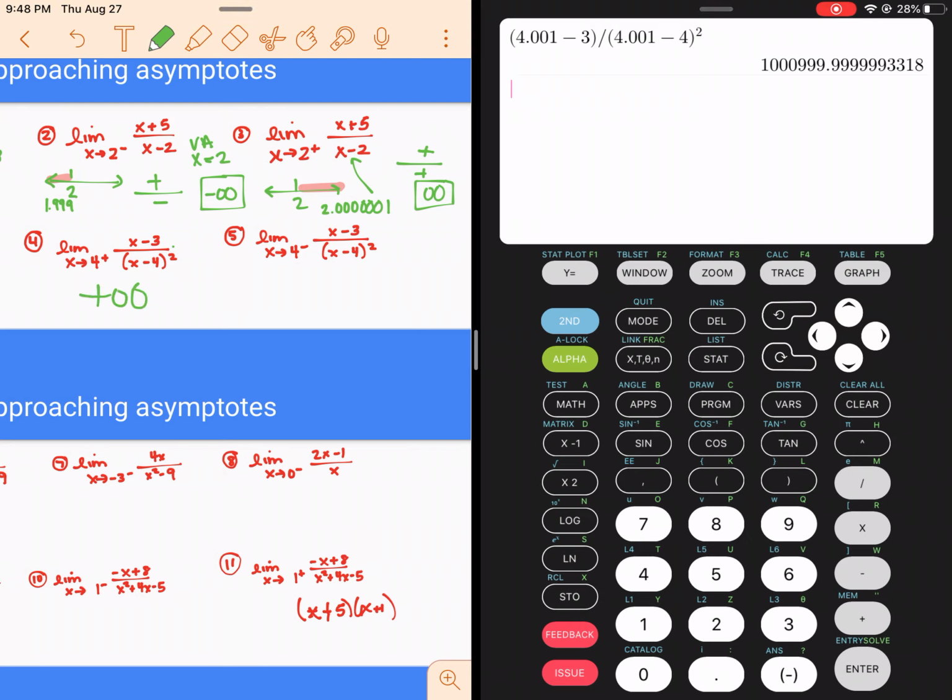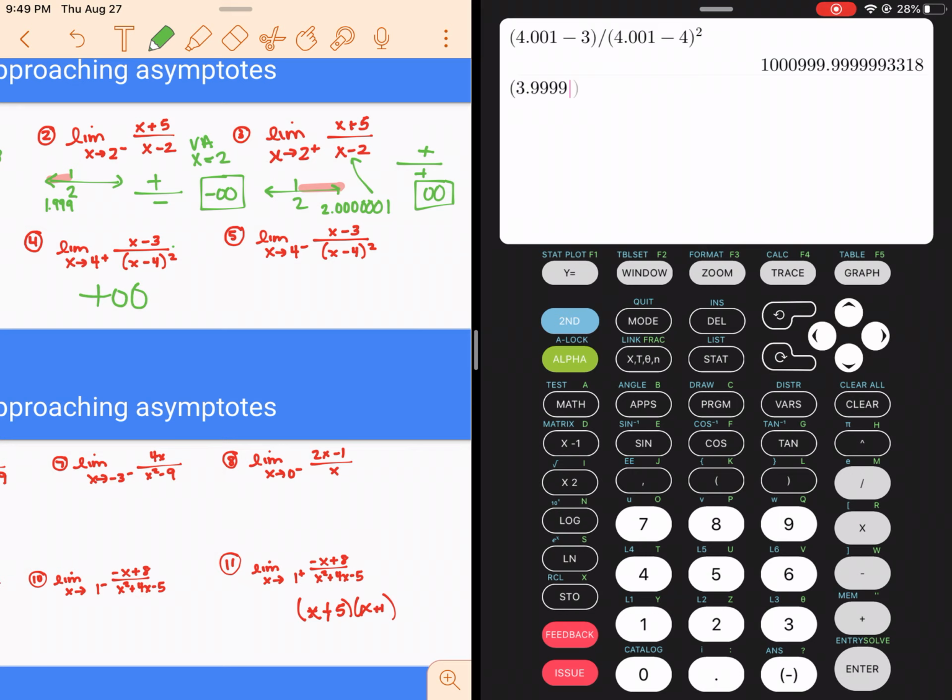I'm going to go to number 5, which is coming at 4 from the left. I'm going to repeat the same thing, but I'm going to use a number slightly smaller than 4, like 3.999. Think of money. $3.99 is less than $4. And then you can go on the other side of that, and $4.01 is bigger than 4. So I'm just adding extra zeros or extra 9s to make it super, super close. Okay, so I'm going to retype that as